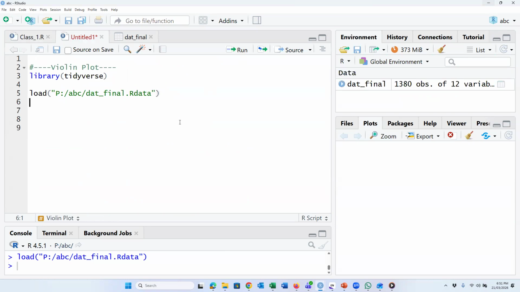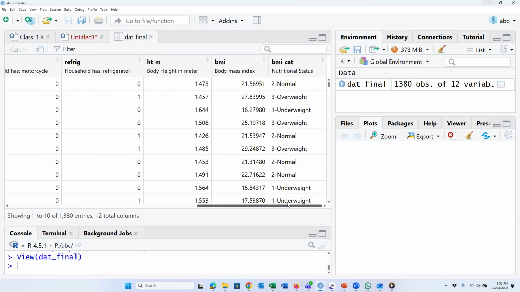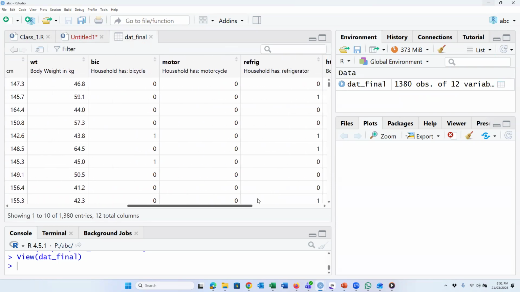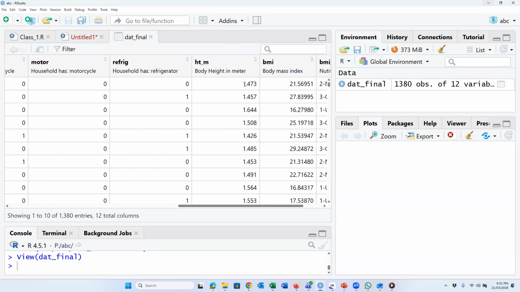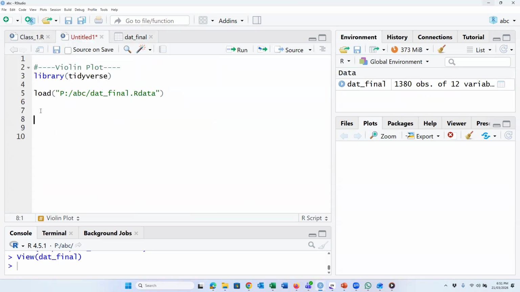So if we open, this is the data. Here there are many variables. So we will use either BMI or height, continuous variable. So dat final